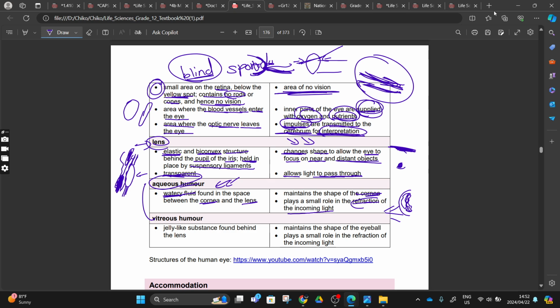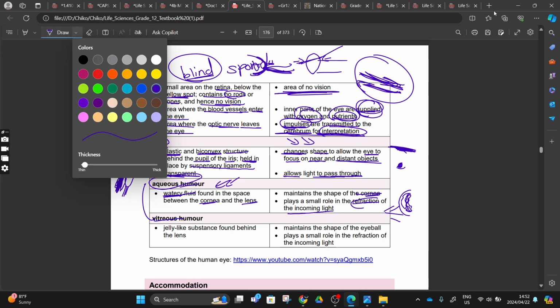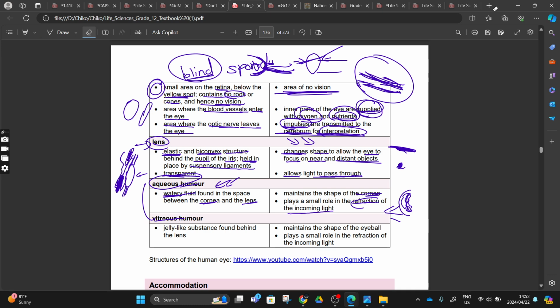Then the last but not least, we have the vitreous humor, right? This will be the jelly-like structure found behind the lens. Behind the lens, we have the lens here, and then we have the entire eye, and this entire eye here is filled with vitreous humor, a jelly-like structure, but the function is to maintain the shape of an